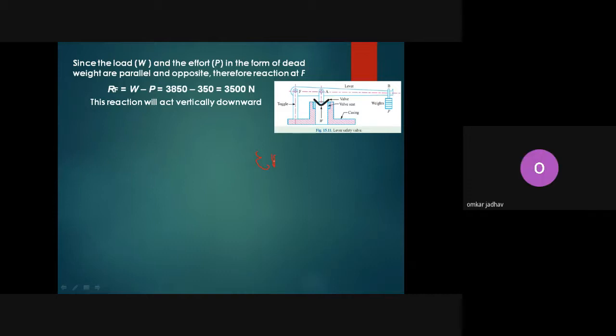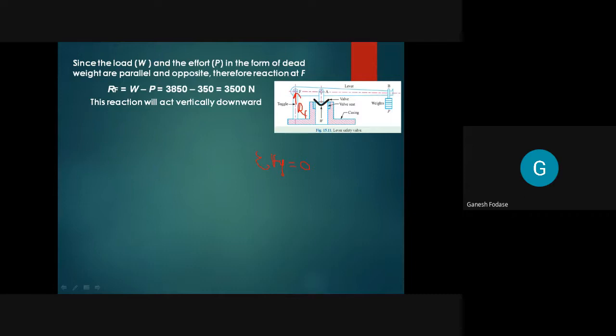Simply what we are using here is summation of RF, ला आपण वरती जर असुम केलं तर मग 3500 निगेटिव्ह येत आहे. Of course, yes. तर मग त्याचं रिझन काय लक्षात घ्या. Summation of Fy is equal to 0, yes or no? आपण काय यूज करणार इथं? All forces are vertical, yes or no? Yes, sir. आता मी काय अजून करायला पाहिजे? What I assume here is RF acts, let's say, upward. समजतंय का मला? तुम्हाला असुम करावं लागेल ना काहीतरी फोर्स तिथं. So I assume RF is upward. This is my reaction RF.